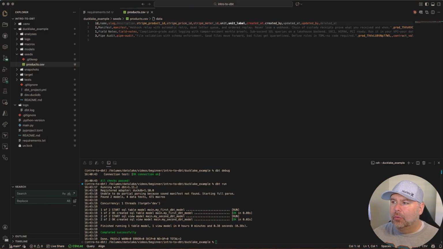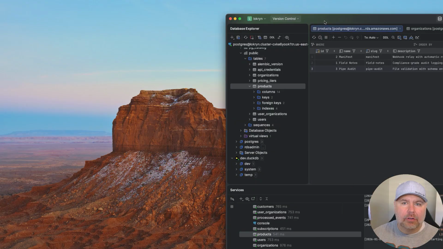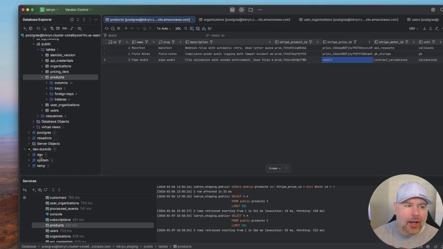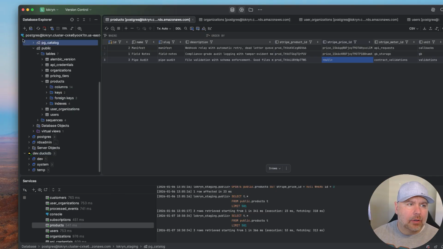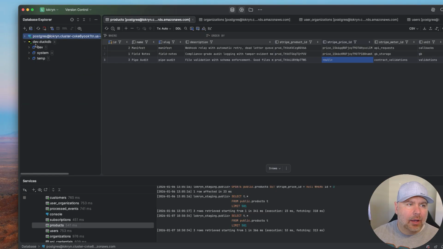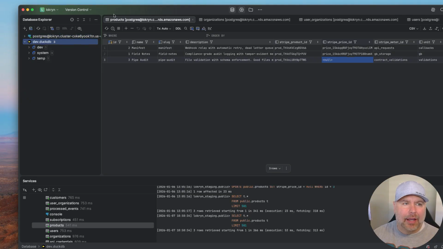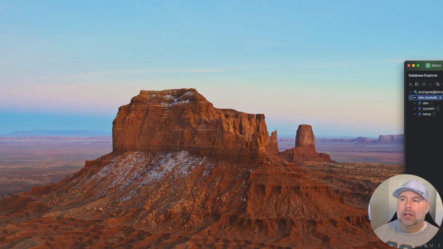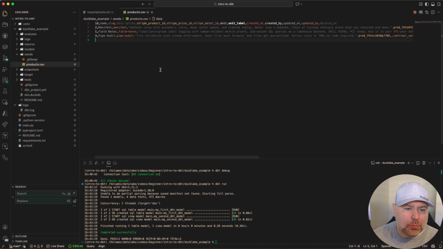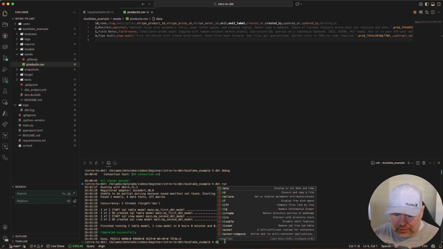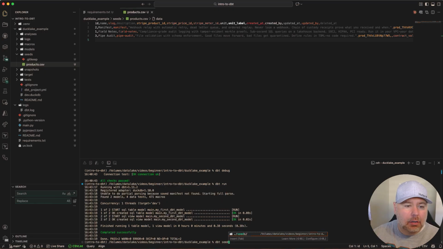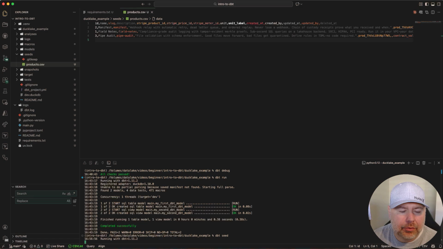So one of the things I do want to say is that since we're dealing with DuckDB, you'll get an error if you keep a lock on it. So if I bring this over, right now I have a lock on it because I'm using it. So let me close this up so you can see, I just need to deactivate it. Okay, and that takes the lock off the database that DataGrip is holding. And then I can come back over here and I can run dbt seed,